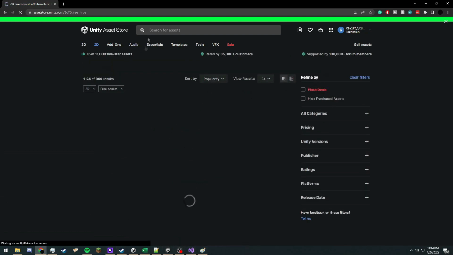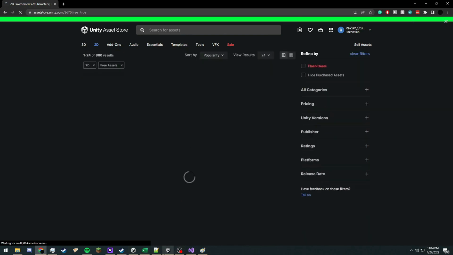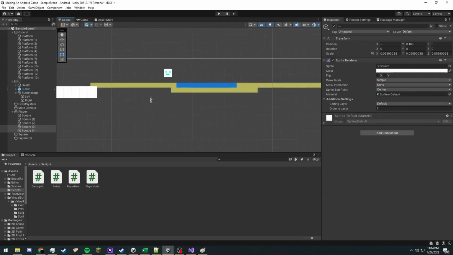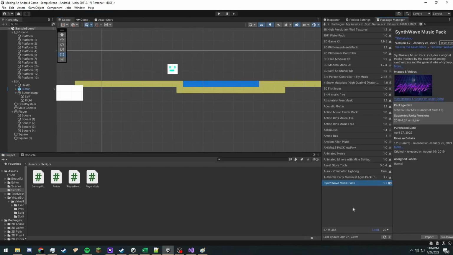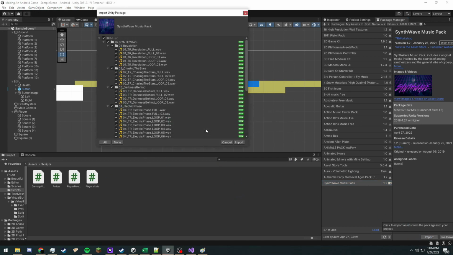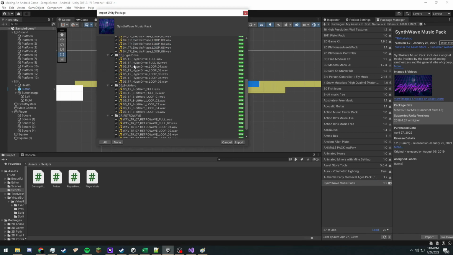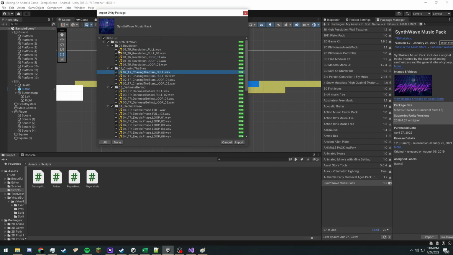You can pop up all these random assets that are very useful, and there's a lot of stuff you can do here. But let's go ahead and import our little music pack. So we can go to our thing here, import it,